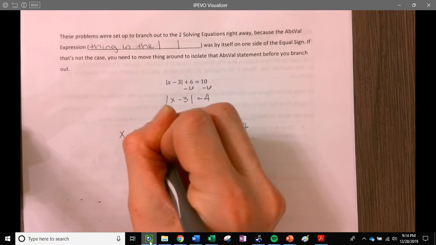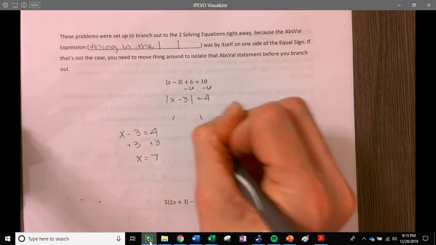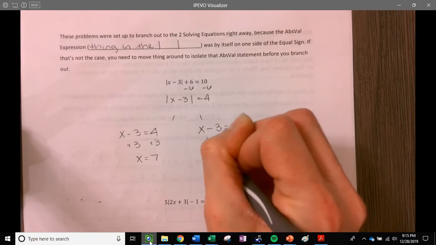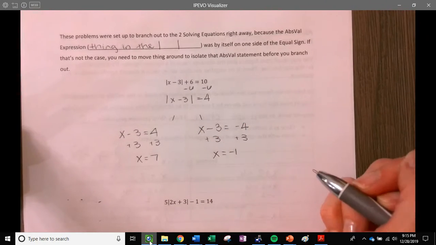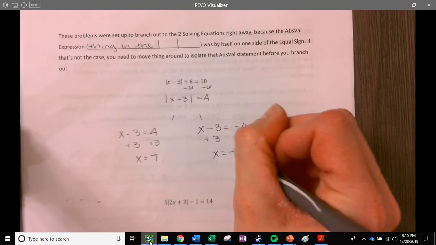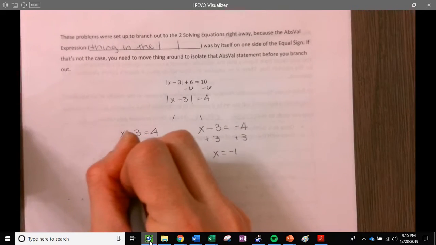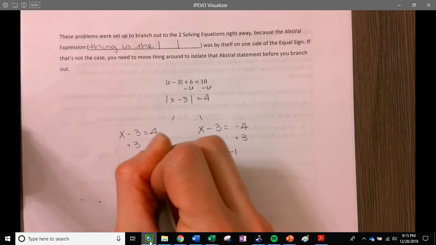Add 3 and add 3. And we get x equals 7. Add 3 and add 3. And we get x equals negative 1. Now, we know what happens when our solution here is negative. Let's see. Let's check. The absolute value of 7 minus 3